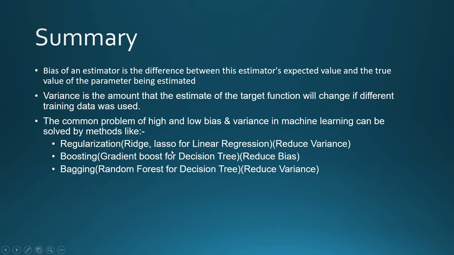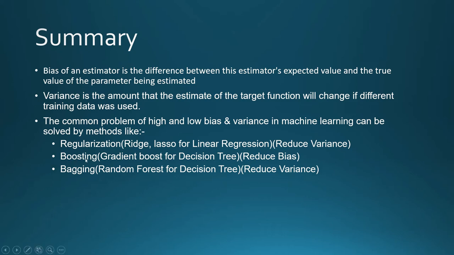So we have Ridge and Lasso for linear regression. What it will do is, if some feature is getting a very high weight due to the training data, it will try to penalize that high weight. So that's the purpose of using Ridge and Lasso, and the model becomes a bit generalized. When a model is becoming generalized, we are trying to reduce the variance.